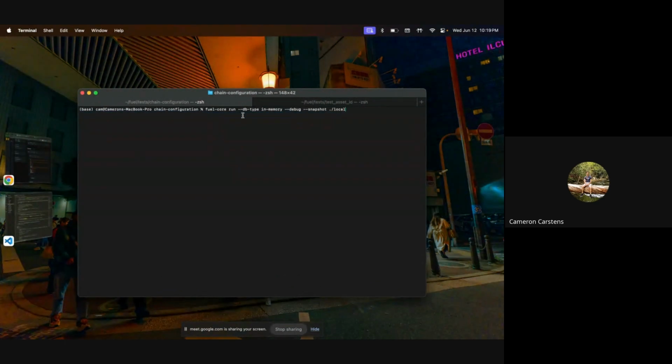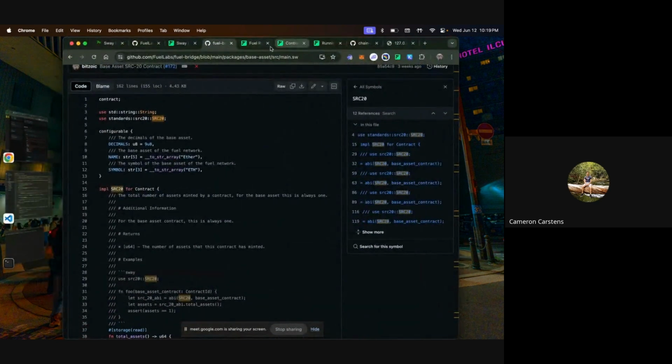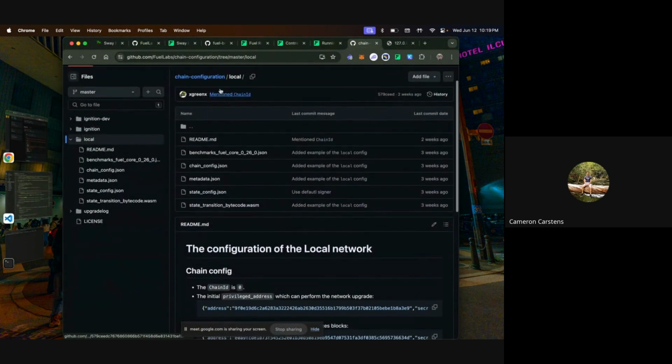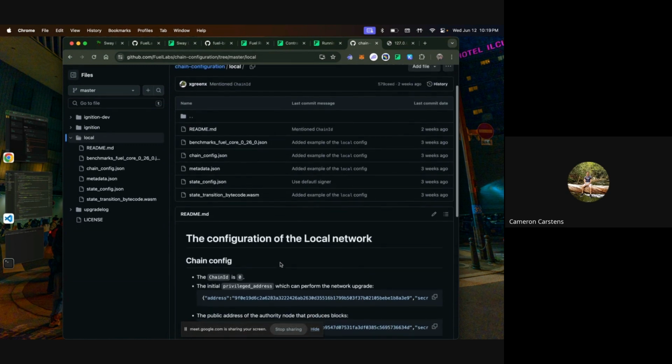So this is just downloading fuel up. You can download fuel up, you can find it on our GitHub. You should be able to find it in our docs, and it'll give you access to this. You will need to get a chain configuration if you want to run the testnet locally. And this is the recommended one.